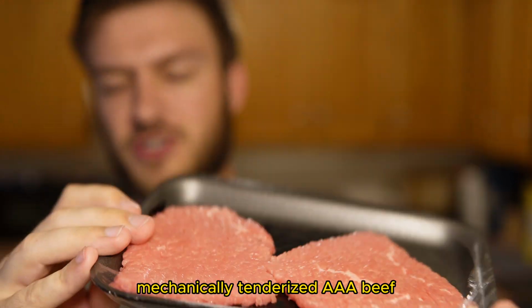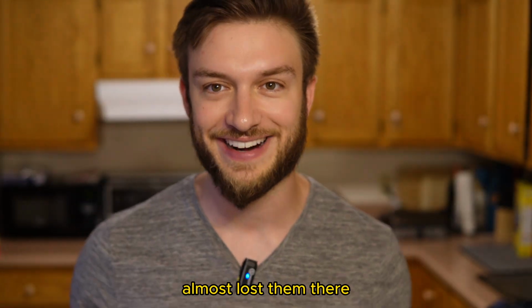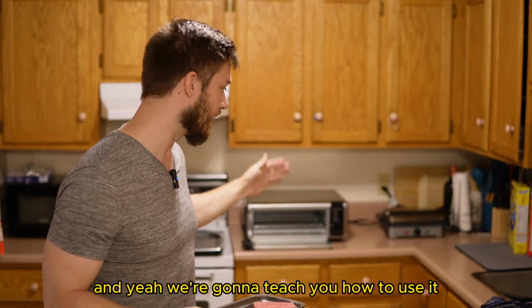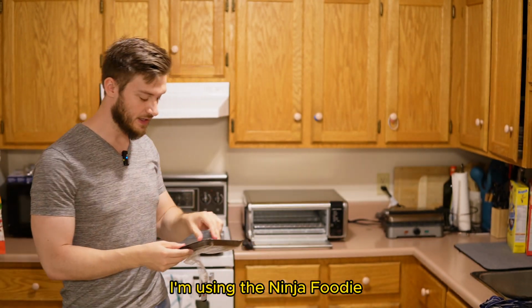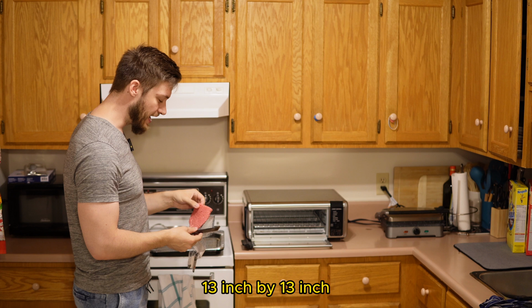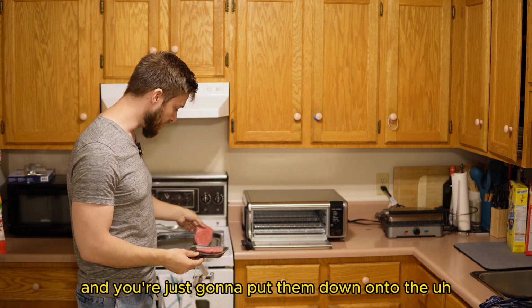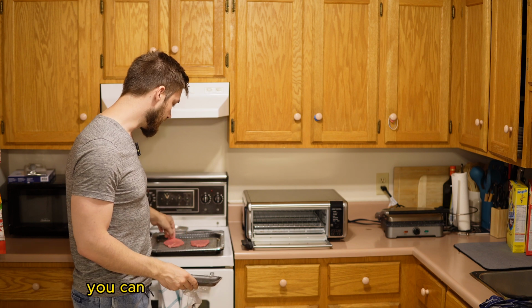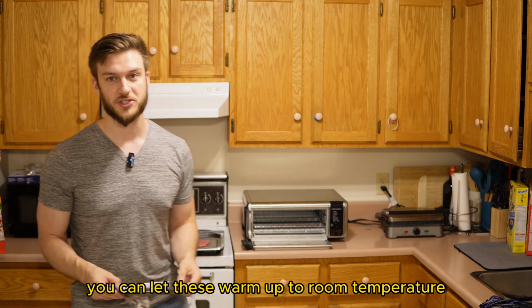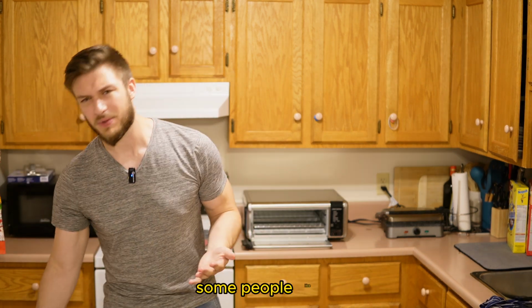Mechanically tenderized, AAA beef, almost lost them there. And yeah, we're going to teach you how to use an air fryer to cook them. I'm using the Ninja Foodi 13 inch by 13 inch, and you're just going to put them down onto the tray there. You can let these warm up to room temperature, but some people like it, some